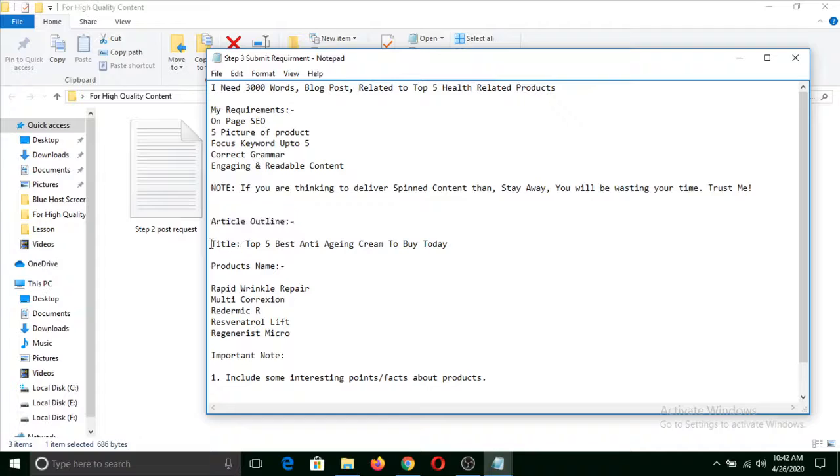In the article outline you should give a title, and the title would be something like Top 5 Best Products Related to Anti-Aging Cream That You Can Buy Today, or whatever you want, something interesting that is related to your product. You can also search in Google to see what kind of titles are ranking, and you can use a similar title, not exactly the same, but somehow similar to those.